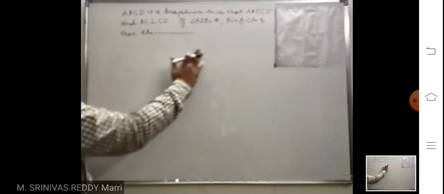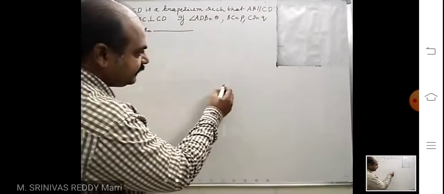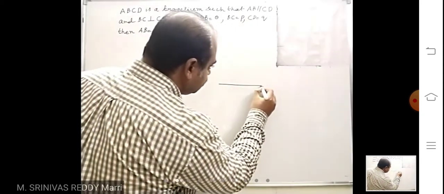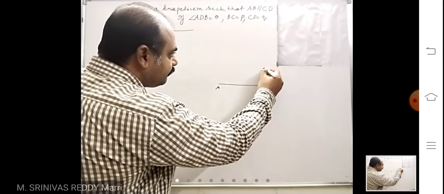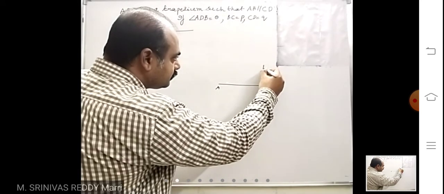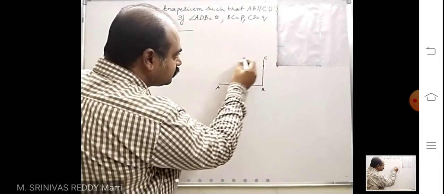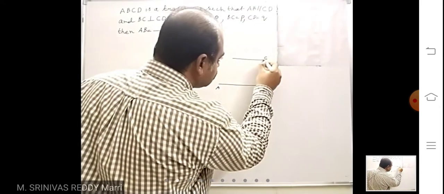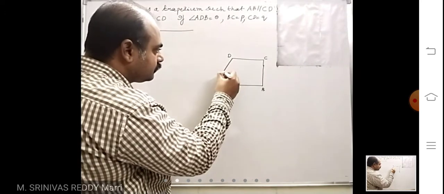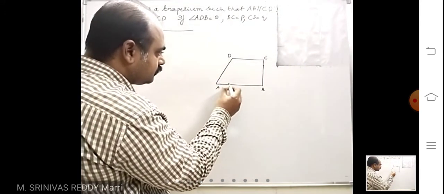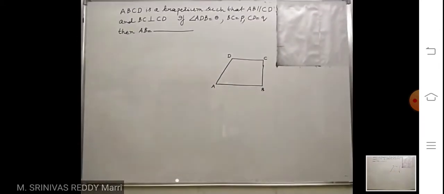Look at them, all of you observe carefully how to apply the sine rule. You will get a clear idea. The first diagram is important. I am constructing a trapezium. This is AB. So these are the parallel sides. A, B, C, D in the trapezium, parallel sides.